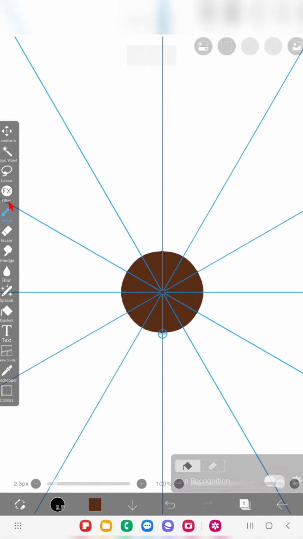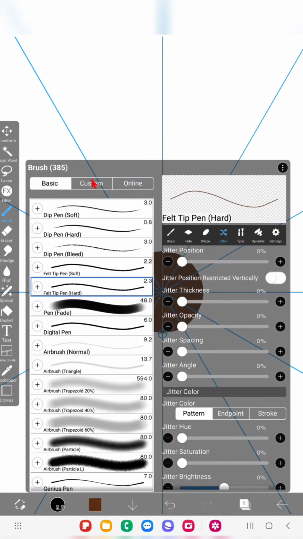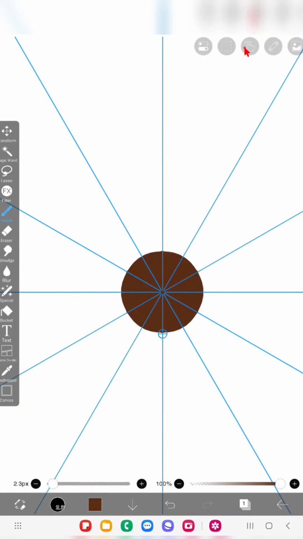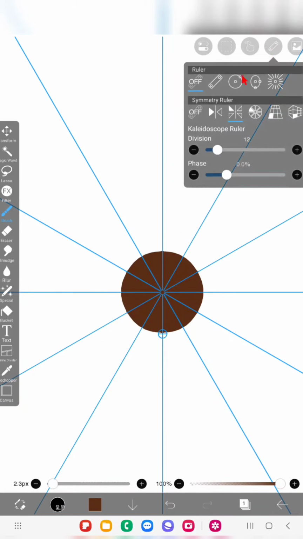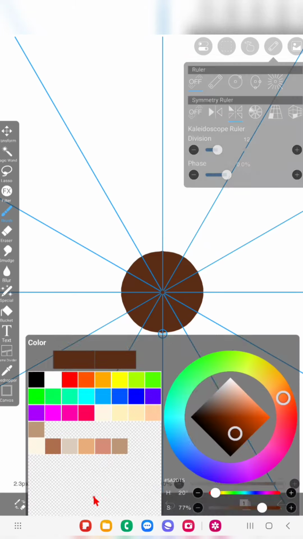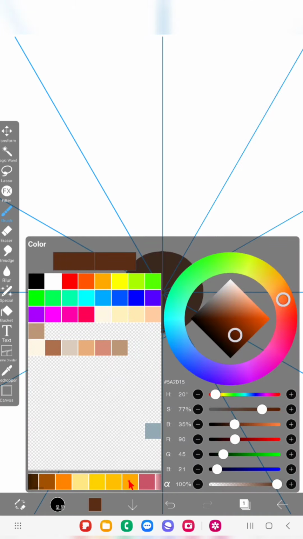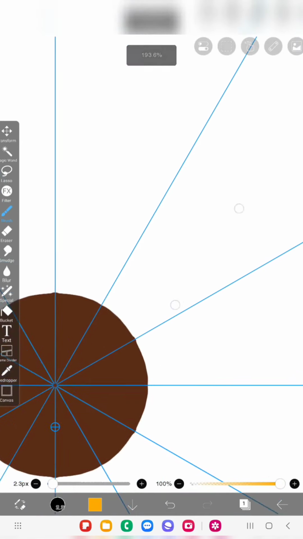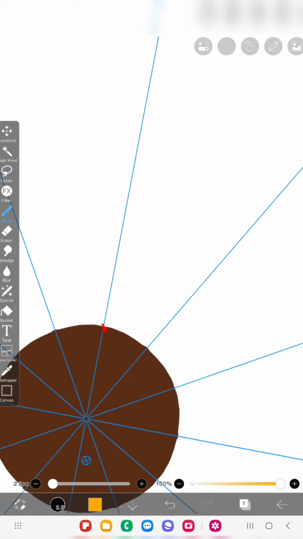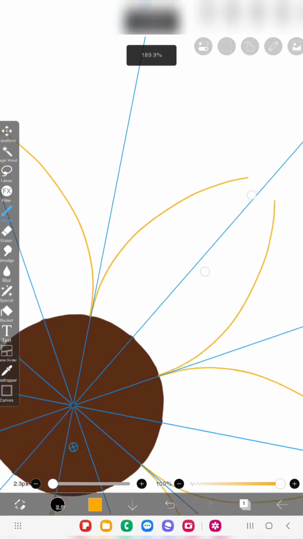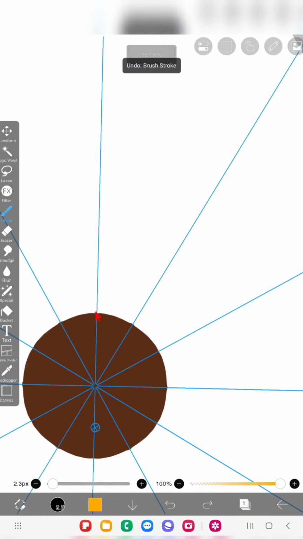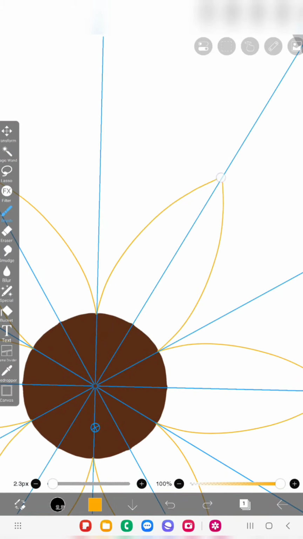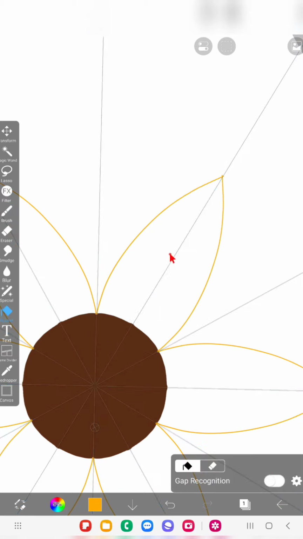Don't expect perfection from me, because I'm going to tell you everything about the magic wand tool and I'm not going to concentrate much on the illustration. Then I'm going to draw the petals. Here I'm going to draw on the same layer like this. Just fill with the color,